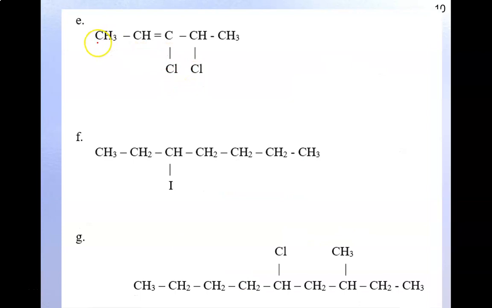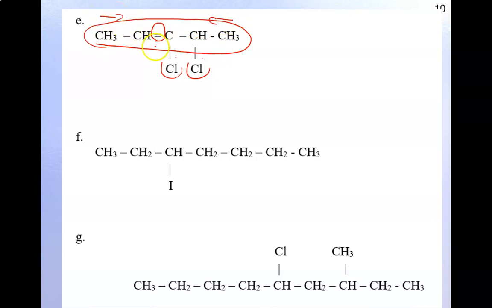This one here, again, is a 5 carbon chain, with chlorine on carbons 3 and 4. But we've got this double bond here on carbon 2. And if we numbered it this way, which takes priority? Well, the double bond takes priority. And so we'll call this